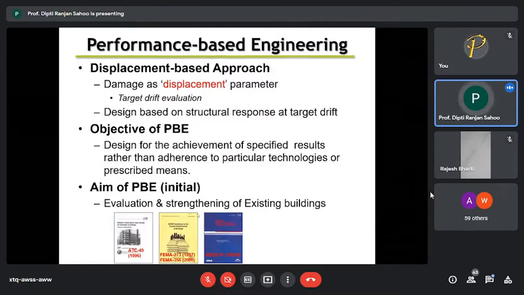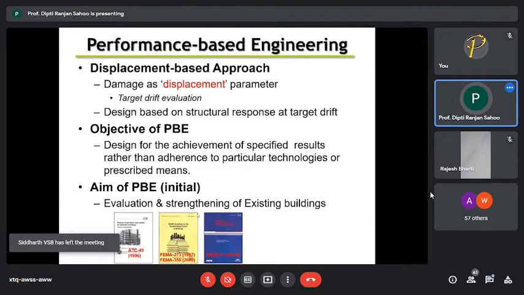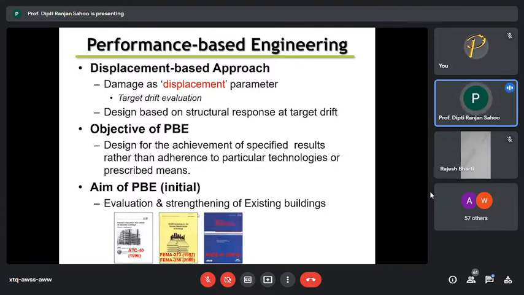But if you look at the response of a structure, it is more related to displacement. For example, if I take a column and apply a 100-ton lateral load, maybe 100 kilonewton load, it is very difficult to say whether that column will be damaged, and if so, to what extent. But if I have a load creating a displacement of, let's say, 1 meter,